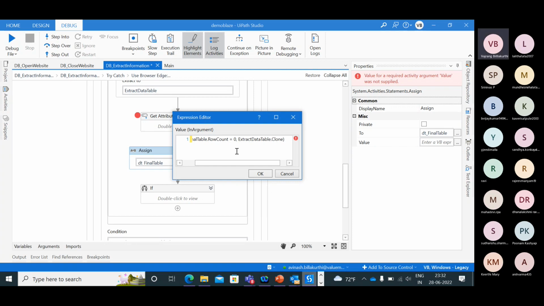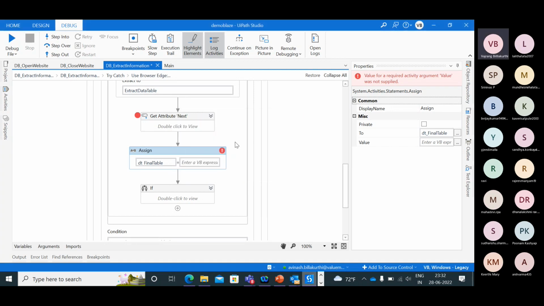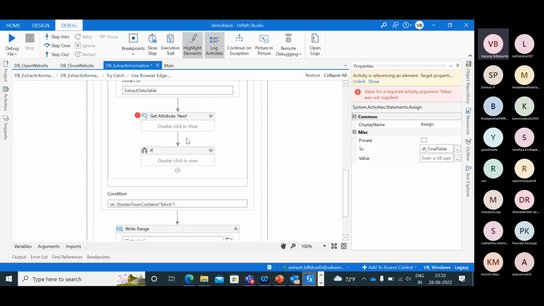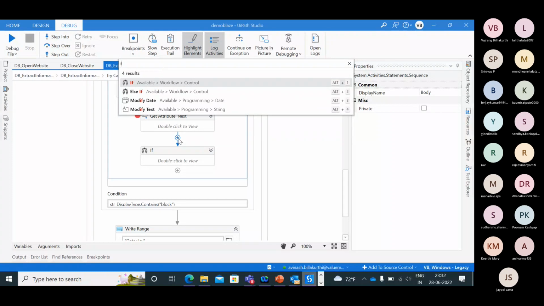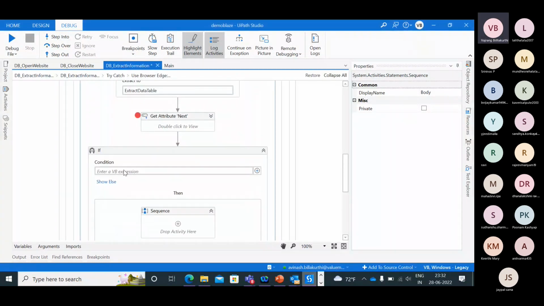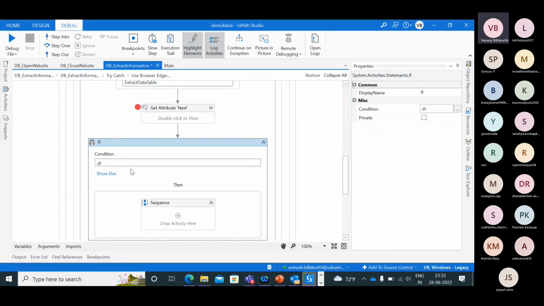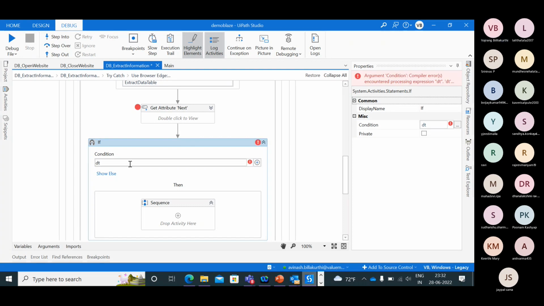Or else I can also do something like this if this is not something that you can understand. So I will write one more if condition here. Okay. So if dt final table dot row count is equal to 0. See, the code can be completed from the beginning.